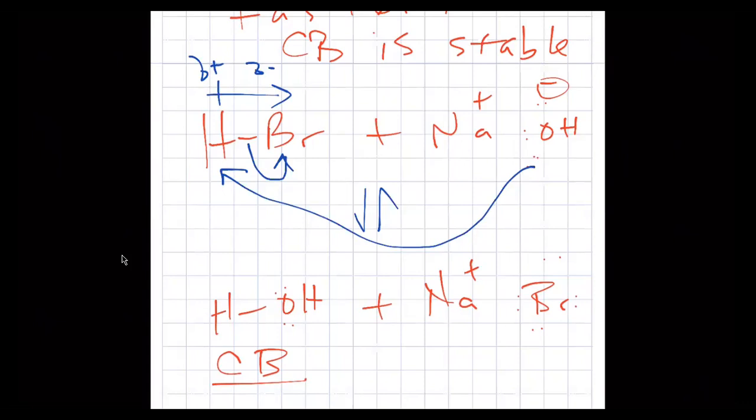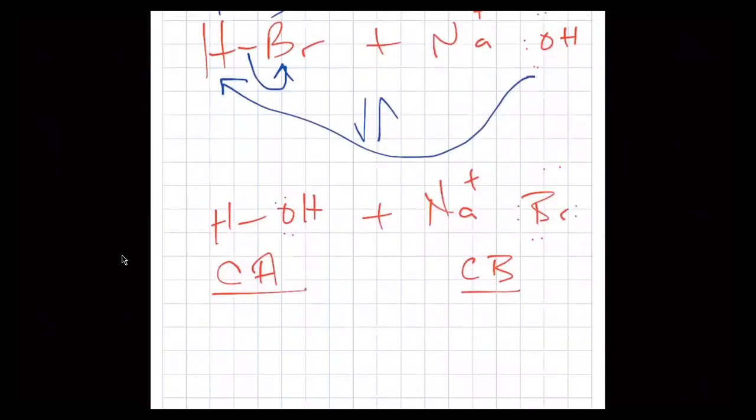Are you following that? Yes. I'm sorry. This should be conjugate acid, my bad. The conjugate acid is the base plus a hydrogen. And then what about the conjugate base? What's the relationship between the conjugate base and the acid? Is it the acid minus a hydrogen? Yeah. So the conjugate acid is the base plus H plus, and the conjugate base is the acid minus